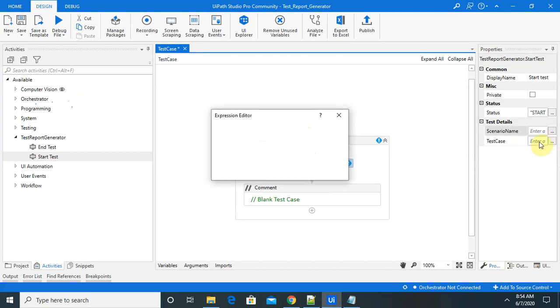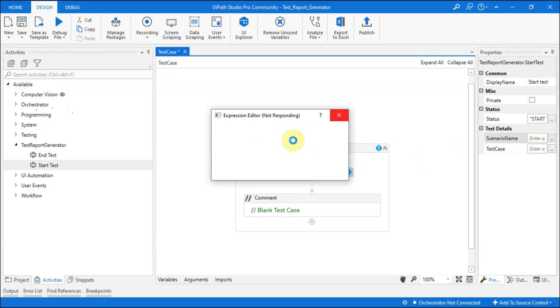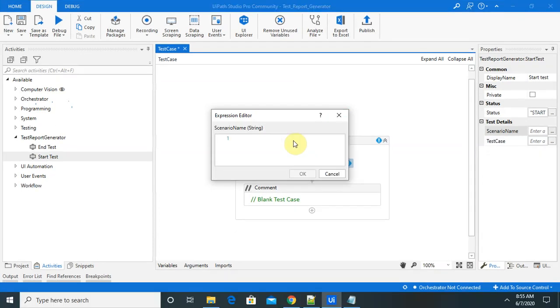You can also add the test case ID as well here, or test case name according to your requirement. Once I add that, whenever you run that same scenario, the name will be available in your report. So in best practices, whenever you are adding any scenario name, add the test case ID before the scenario name.